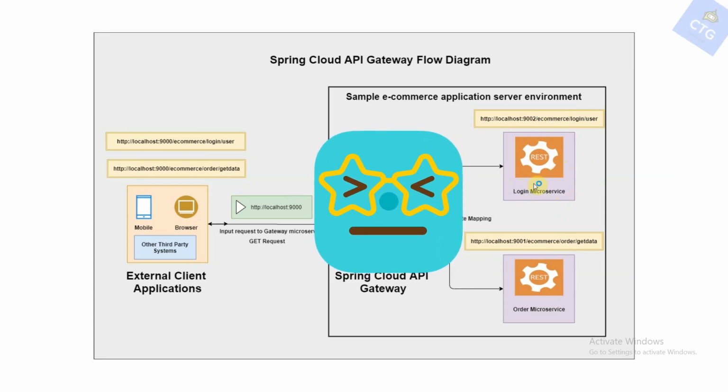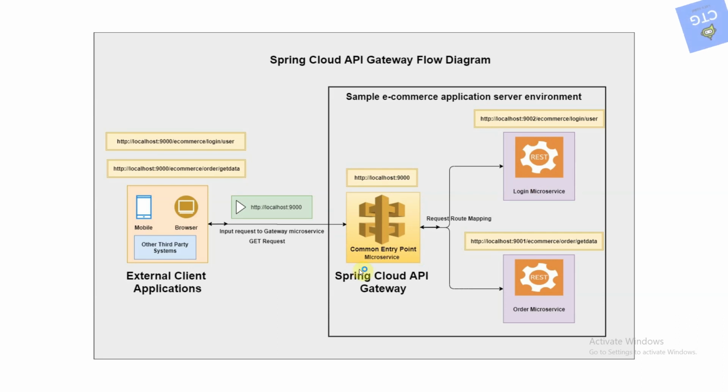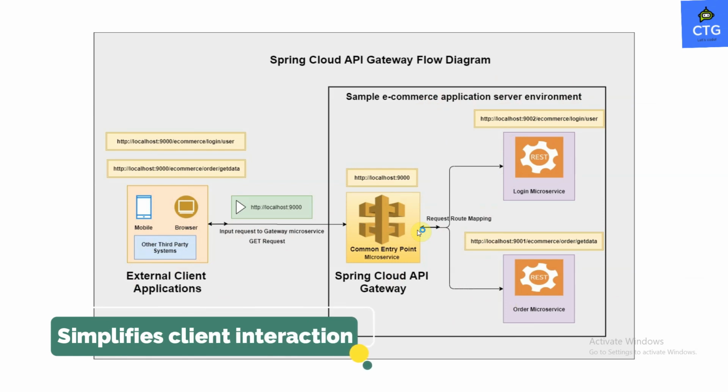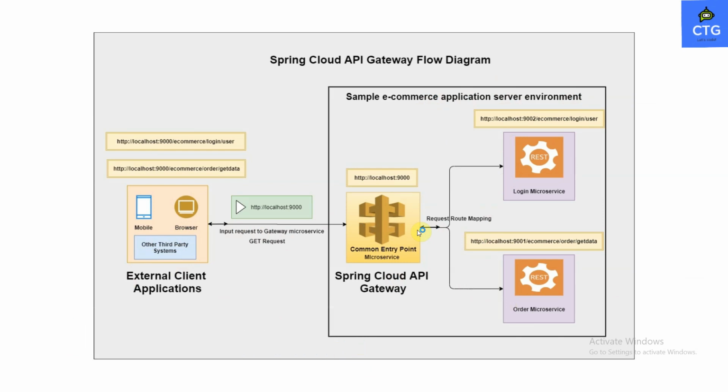So instead of that, we can create one common entry, basically the microservice entry. That microservice will communicate with all the other third-party systems, and then it will navigate the respective request to each and every microservice in our environment. Consider these microservice instances are in a secured environment. So any external application should not contact these microservice instances directly. They can be accessed only through this API gateway. This is the purpose of API gateway, and we do have some advantages of API gateway.